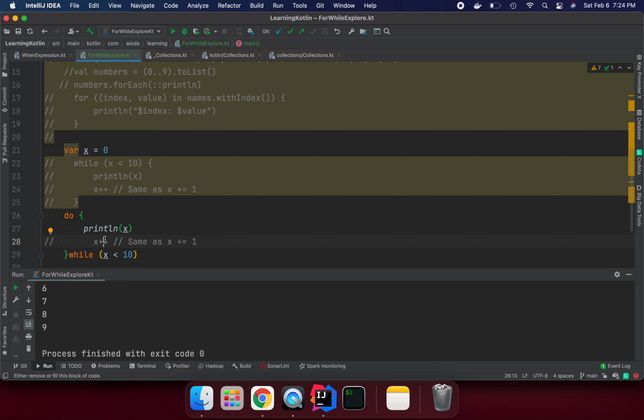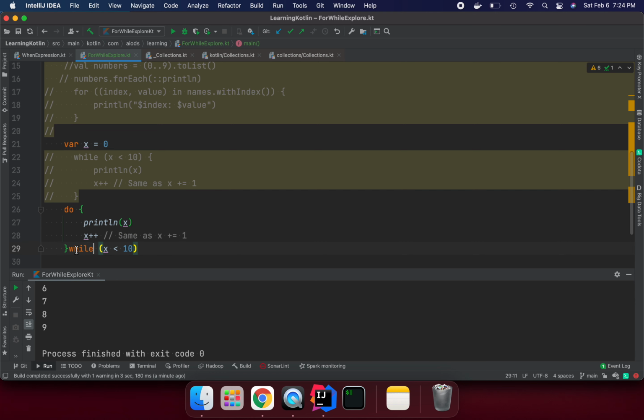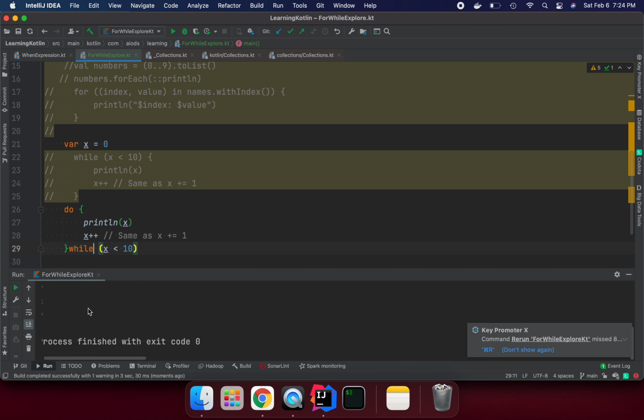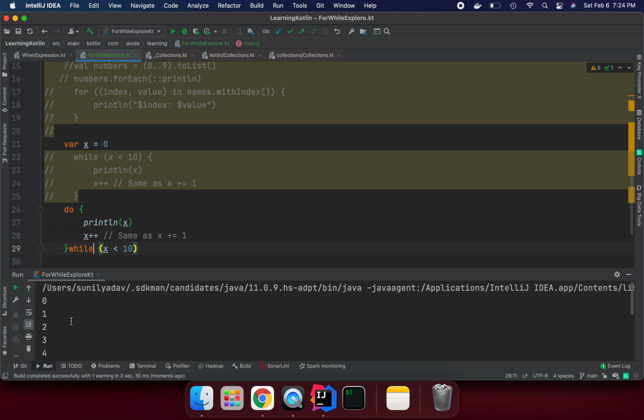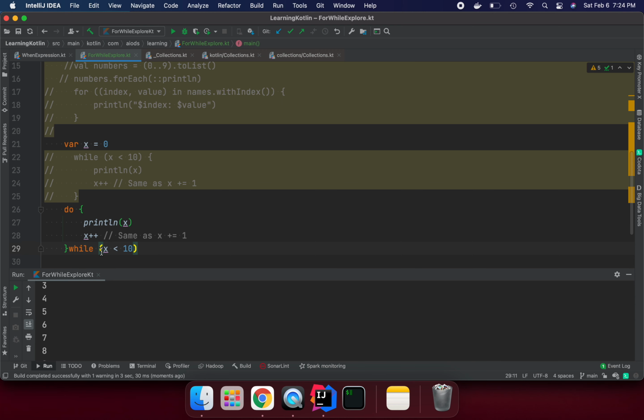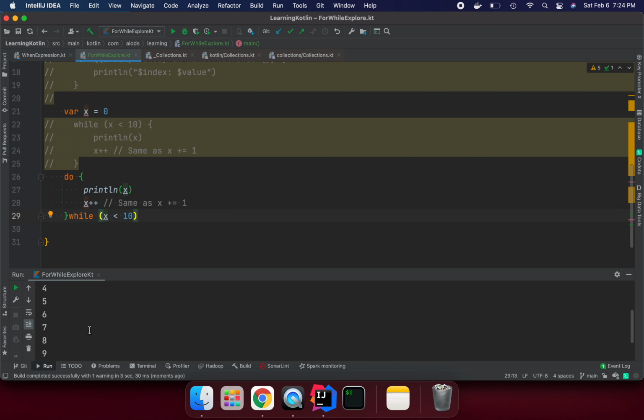Let me comment it and run it. So we are doing the same thing with a while loop, but first we execute the body without checking the condition, and after incrementing, we check it. Now 9 is less than 10. This way we can use do and while or for loop.